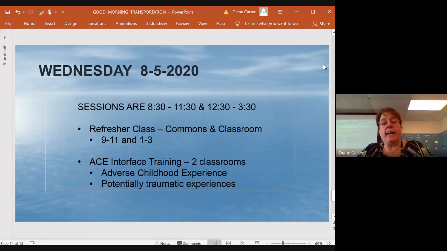ACE stands for adverse childhood experiences, where kids have potentially experienced traumatic events in their life. It was being taught before COVID, but what they have found is that depending on what the kids have been told in their households about COVID, whether they've had anybody that's been sick with it, whether they've had their parents not working and they've gone from having food on the table to not having food on the table, there's all kinds of different scenarios. They are expecting the kids to come back to school